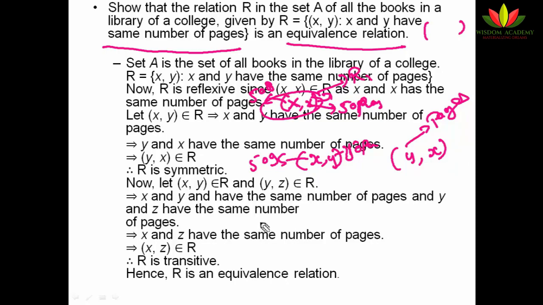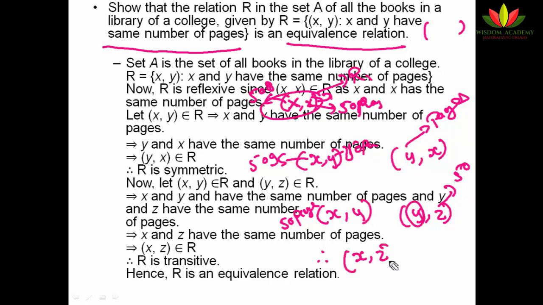And next thing I am going to see is transitive. What transitive says is, if I have X and Y of 50 pages, and I have Y and Z, this must also be 50 pages, right? Because we already know that Y has 50 pages and Z is also related, so Z should also have 50 pages. And obviously from these above 2, we can say that X and Z will also have 50 pages, right? Definitely it will have 50 pages, so it is transitive also. So I will repeat once again.